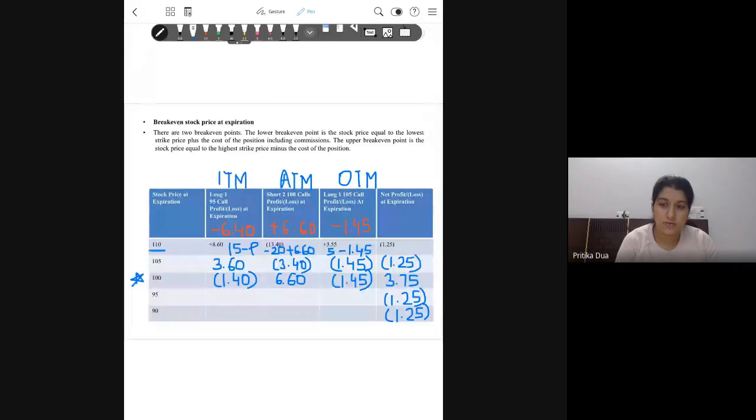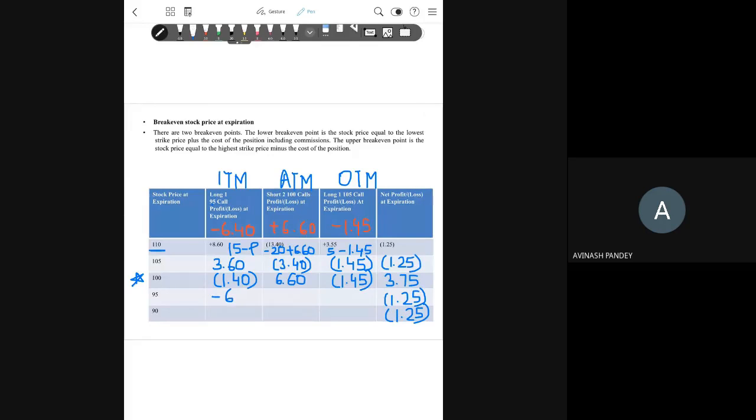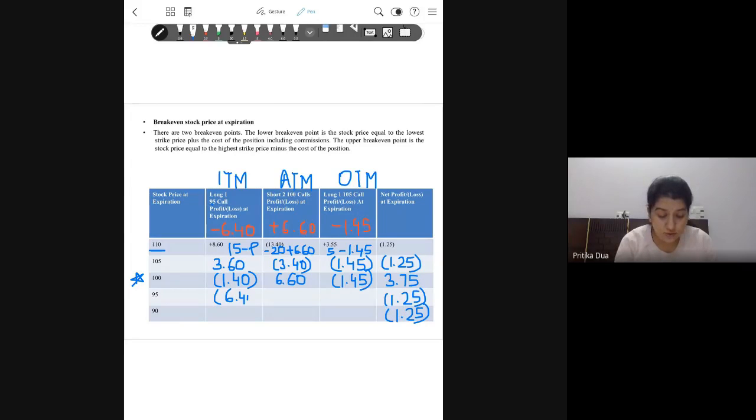Please check these values. मैम, इसका एक्सपिरेशन प्राइस 95 रुपीज वाला है, शॉर्ट कॉल्स 100 रुपीज की हुई है। तो इसमें भी हम कुछ नहीं करेंगे ना? इसमें भी +6.60 होगा शायद। नहीं बेटा, एक मिनट, 95, हाँ इसमें +6.60 होगा। ठीक है। इसकी value फिर check करें।